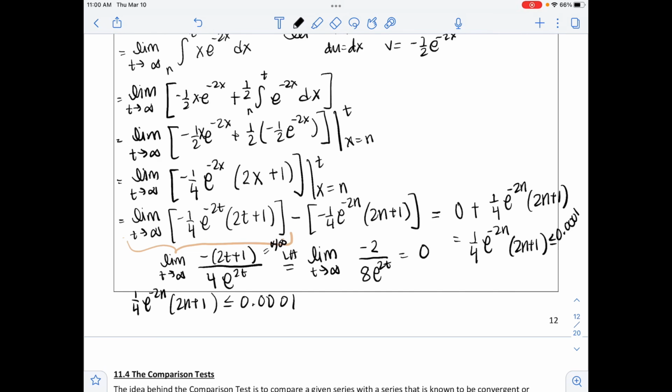And so if you were to substitute in different values of n, you would try substituting in 2, see what happens to your value. Is it less than or equal to 0.0001? And no, it's not. And so we get to the value by guess and check, which is pretty much what we're doing, of n equals 6, and this is actually going to work, which means that therefore the sum from n equals 1 to 6 of our function, which was n e to the negative 2n,